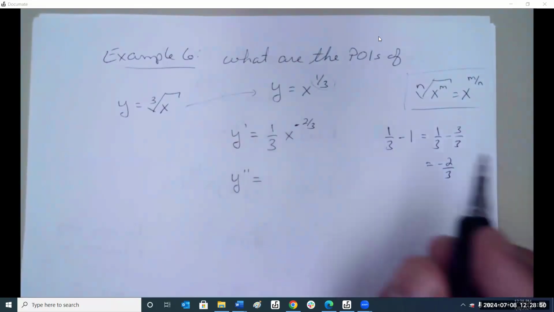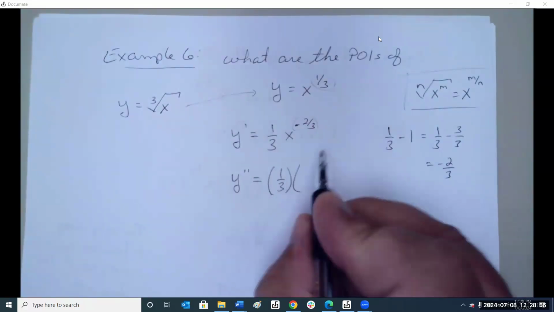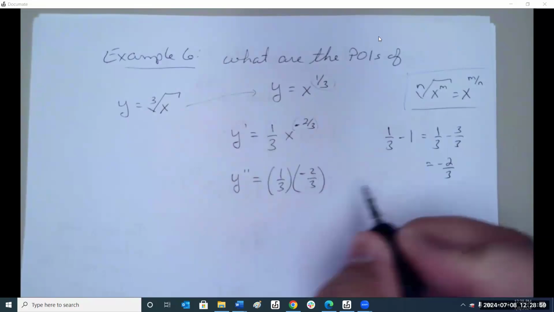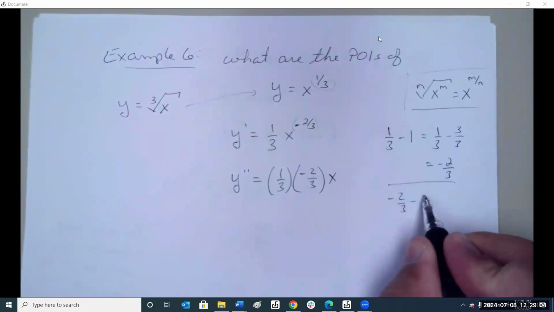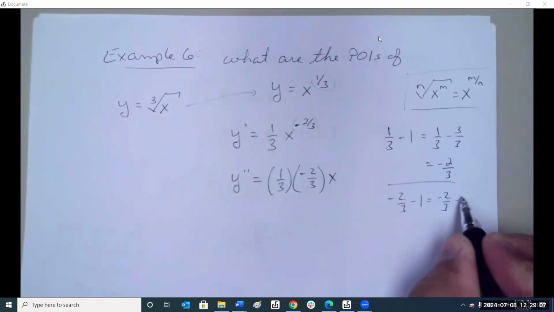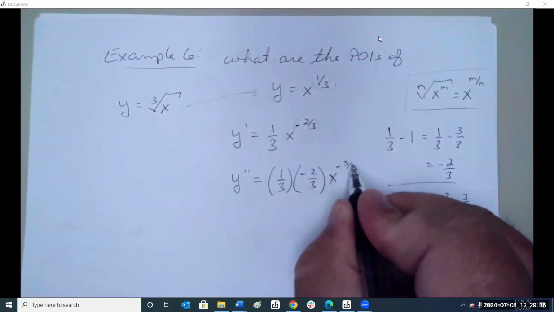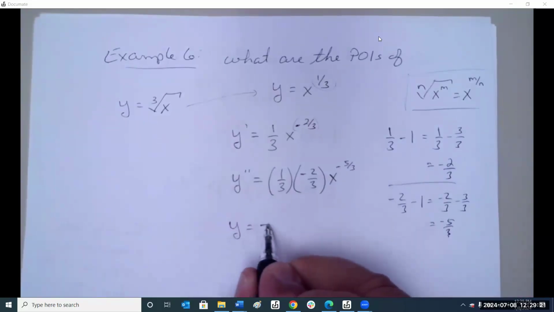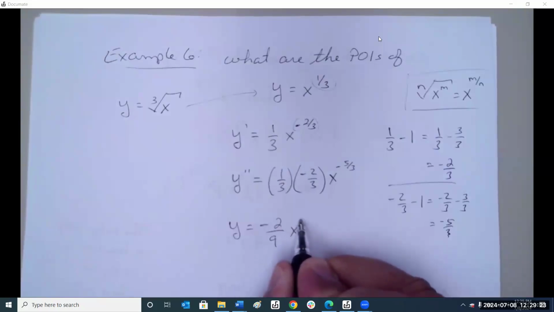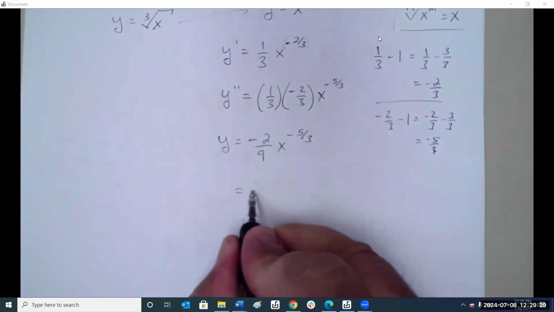The second derivative, bring the power down, so we have 1/3 times -2/3. -2/3 minus 1 is -2/3 minus 3/3, makes it -5/3. So it's -2/9 x to the power -5/3, which looks like